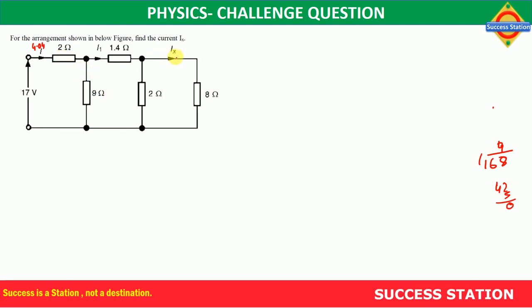Now let's get back to solving. So again I will take here A, B, C, D, E, F, G, and this will be H. Okay, so firstly we'll find out. Here I take as I2. Okay, so first we'll apply the node law. Node law at B. At B we'll apply. So what we'll get? I equal to I1 plus I2.